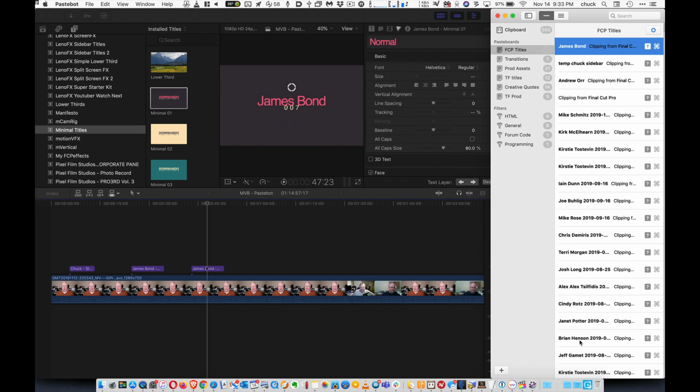So if I have a piece of video that I have color corrected or modified in some way, maybe I've applied an effect to it, maybe I've applied a transition to it, or whatever. If it can be copied in Final Cut Pro, it will go into Pastebot that way, and it can be put back then into Final Cut Pro exactly with all of that information, those transitions or whatever adjustments you've made to it, intact. And that makes this amazingly powerful when you start thinking about repetitive elements that you may use